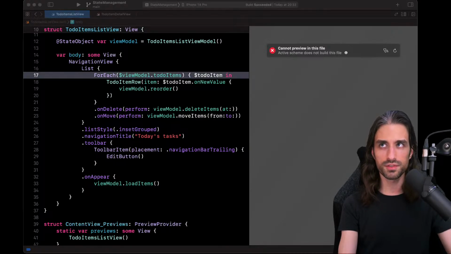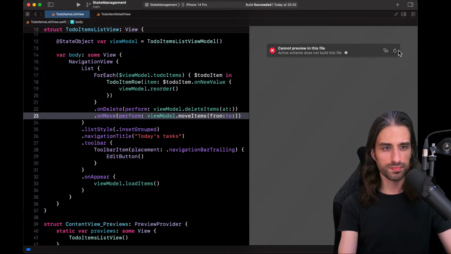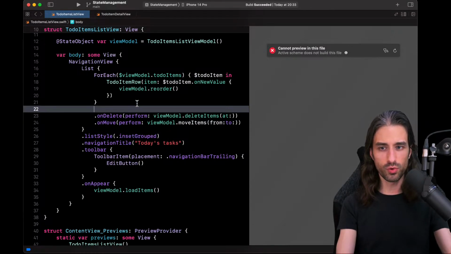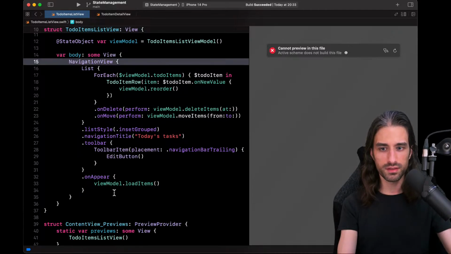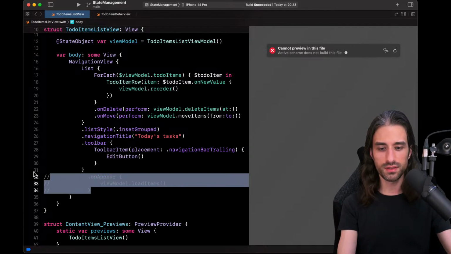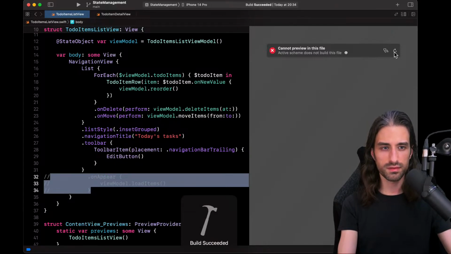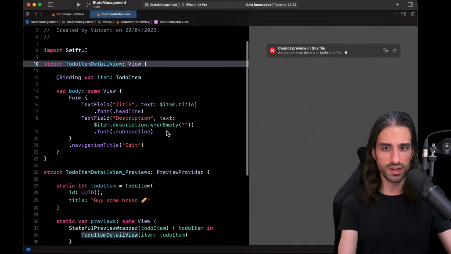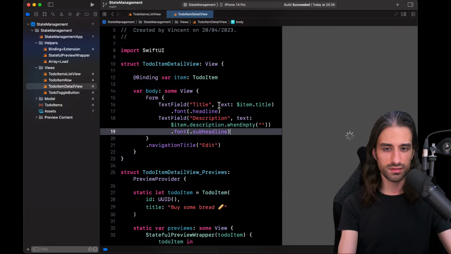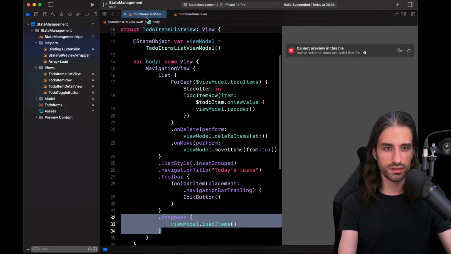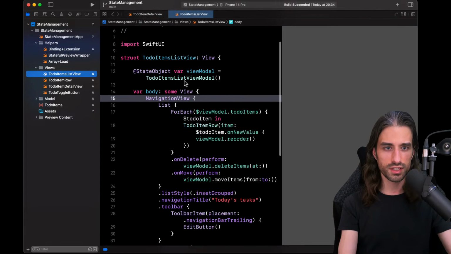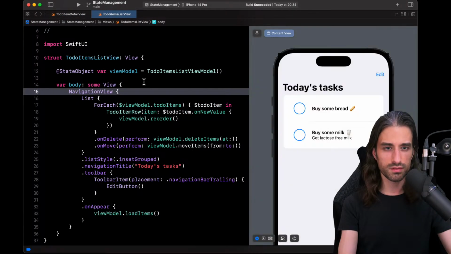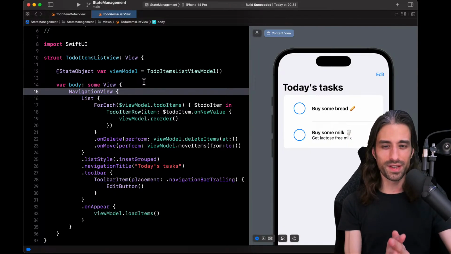Something had to go wrong, of course. Just going to try and change something in a file to see if it helps. And are all of the previews broken? Okay, this one is working. So it seems it's just here that there is an issue for some reason. Okay, it was just Xcode being Xcode. Now it's working, we can resume.